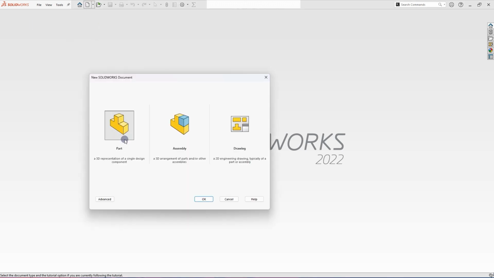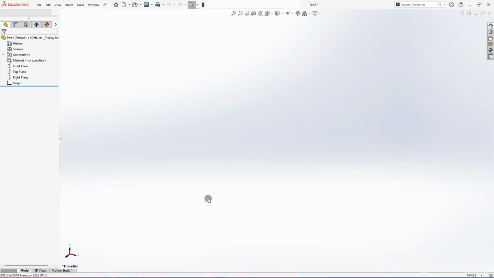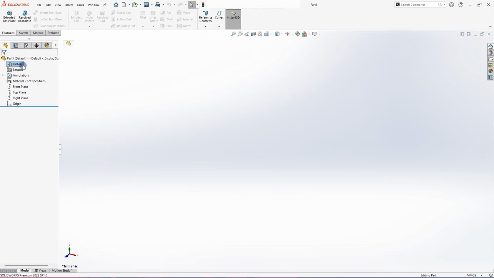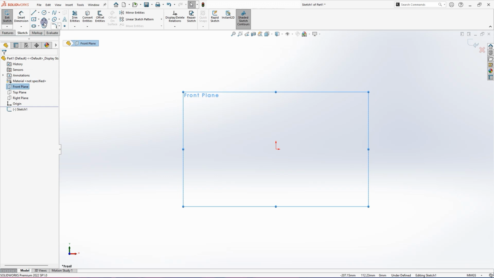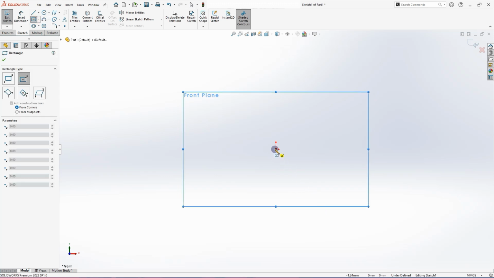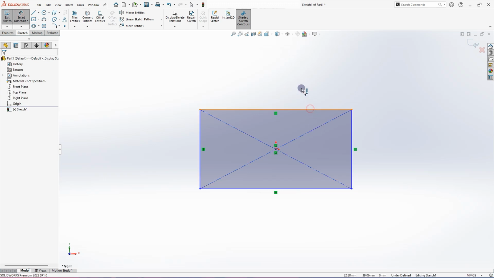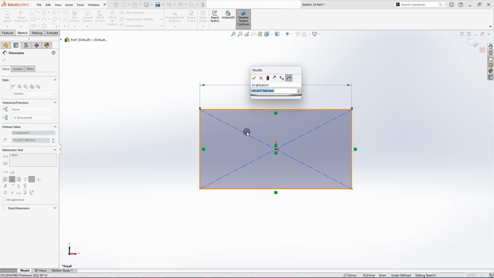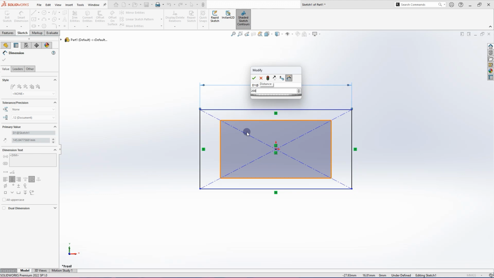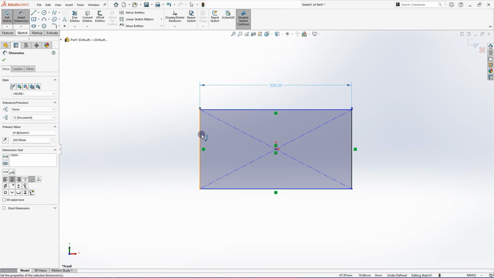Taking new plane, new part modeling, selecting part. Okay. So I'm selecting the front plane, sketch, taking a basic rectangular, giving dimension 200 mm and here